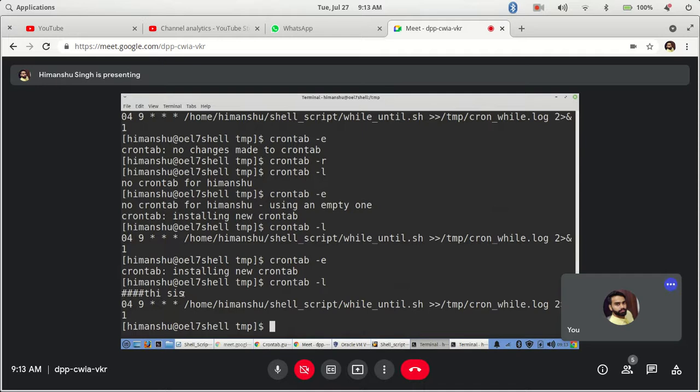So I will stop here today, and we will continue tomorrow. These are very important things, which is why I covered both path and cron, because when you are working with shell script, cron is a very important thing that you have to use every time. So you should know cron, but remember crontab -r, don't use it.